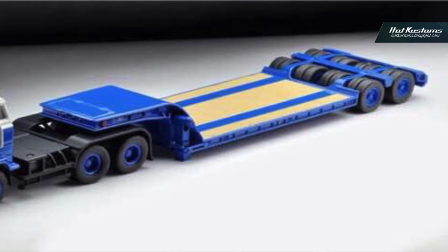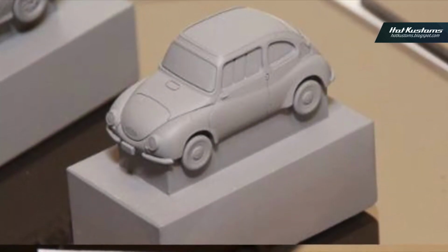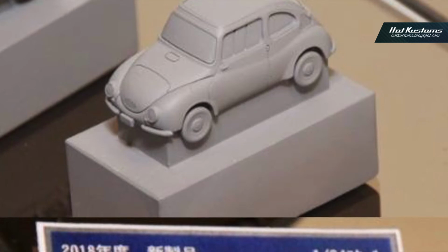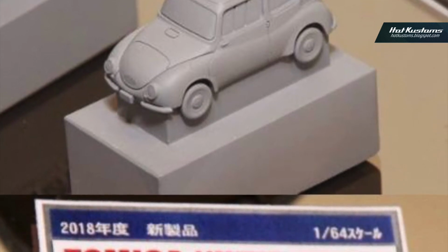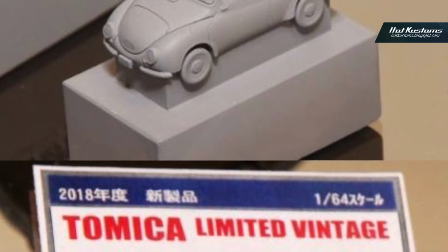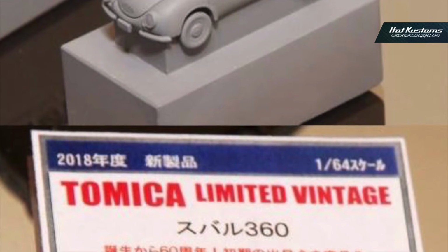What is much more exciting is the sneak preview picture, and that is a new casting for TLV. And of course, what we have here is the Subaru 360. The Subaru 360 has always been in the Tomica line. You have that in the Premium coming soon. You have that in the Tomica Limited in the very early years. And you also have that on some of the main line. So the Subaru 360 is not